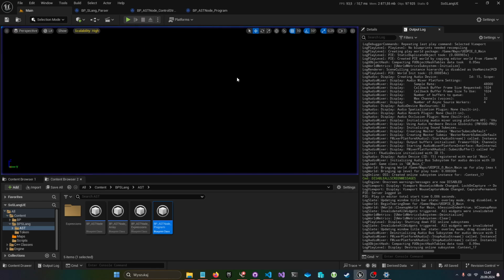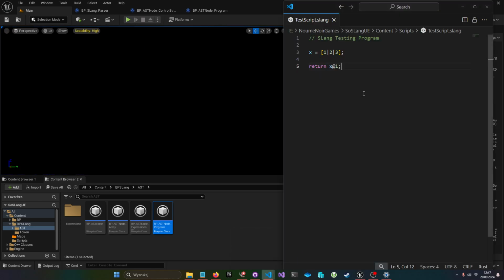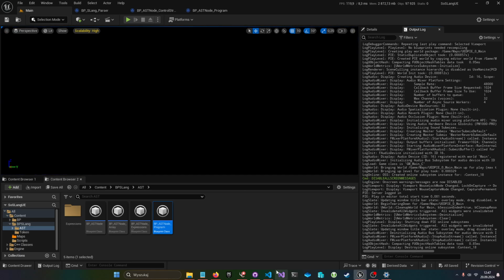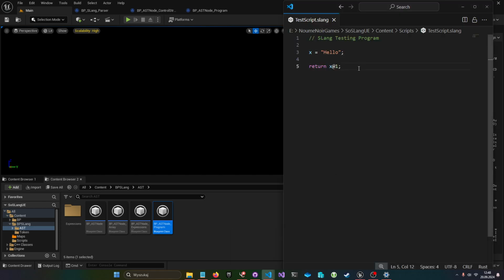Yeah. And the fun thing is that we can expand it for other types of variables. So we could have hello. And if we do hello and we do x at 1, it will return e, because e is at index 1 of that string. And you can say, oh, but C++ has it, of course.